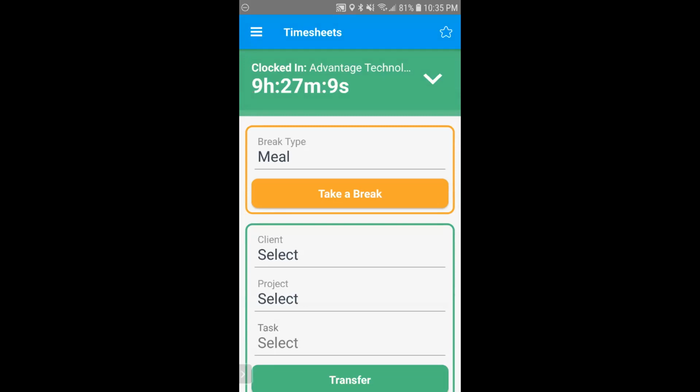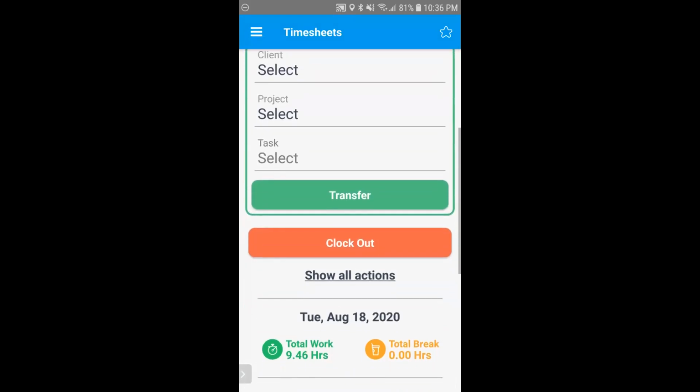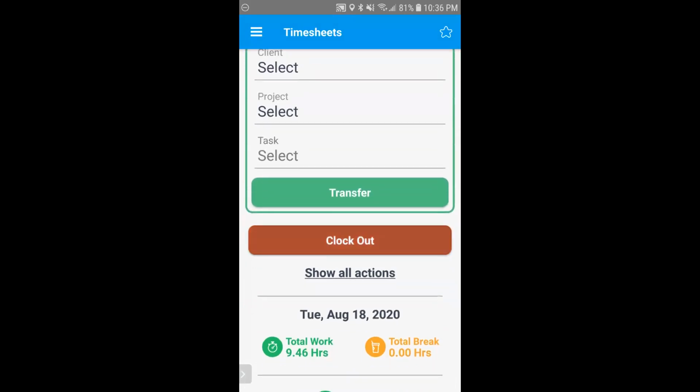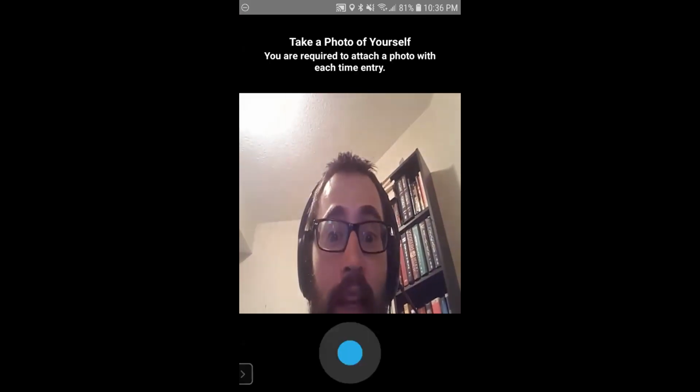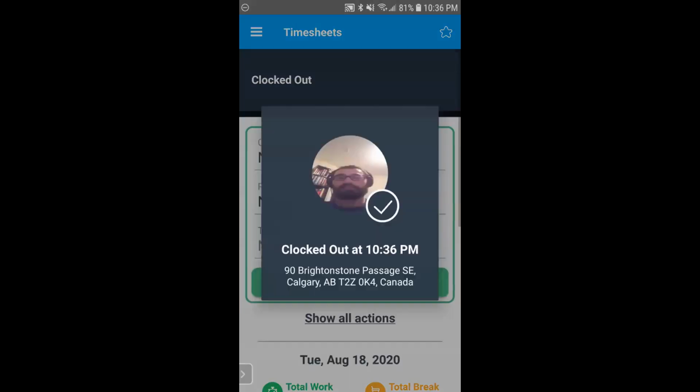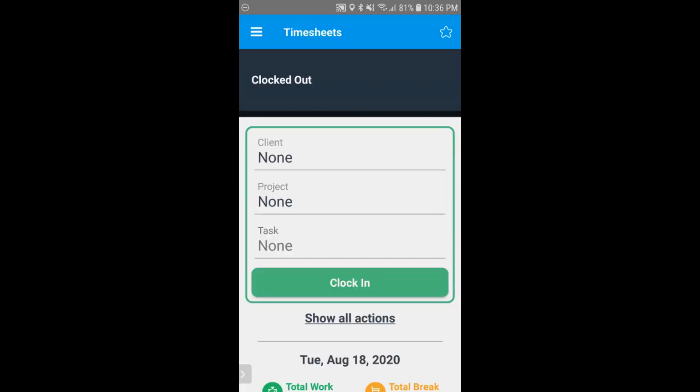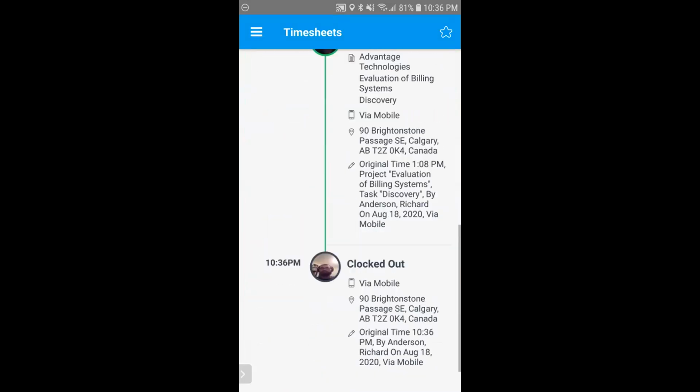So here, I will have access to all my timesheets. So Replicon does actually support time punching. Now, this is a little bit more popular on the mobile app. So I can punch out for a break, I can transfer my work, or I can clock out. And I apologize, you are going to have to see my late night face. Here we go. And I can actually have a photo snapped of me so you can see exactly who is clocking in and out so that this avoids any buddy punching and any issues that pop up. But I can clock in and out just like I could do on the desktop platform.